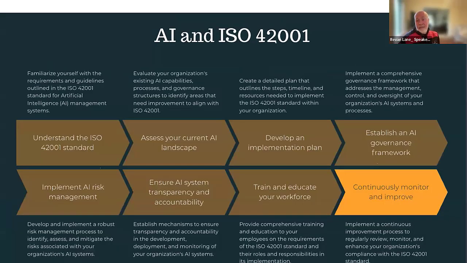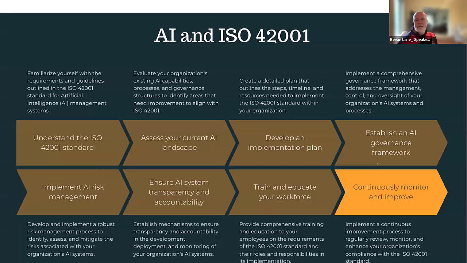Okay, so how do we implement it? We've got 8 steps here to show you how you would implement, and you'll see this is very close to how any of you that have implemented or managed a system would do it. So knowing what's in the standard, read the standard or read something which helps you define what the standard is. Understand what you've got in terms of AI. I'm going to go through different slides now in more detail on this. Have a plan. How are we going to implement this thing? Where do we start? Where do we end? A governance framework on artificial intelligence is a really good starting point. And I haven't seen too many companies that have a good one on this. But you can match it again to data quality, to your development framework.